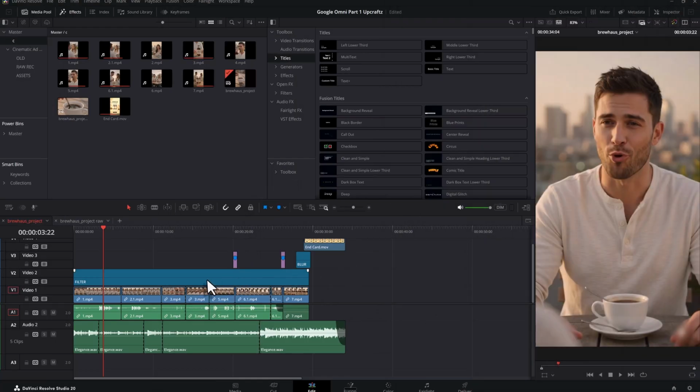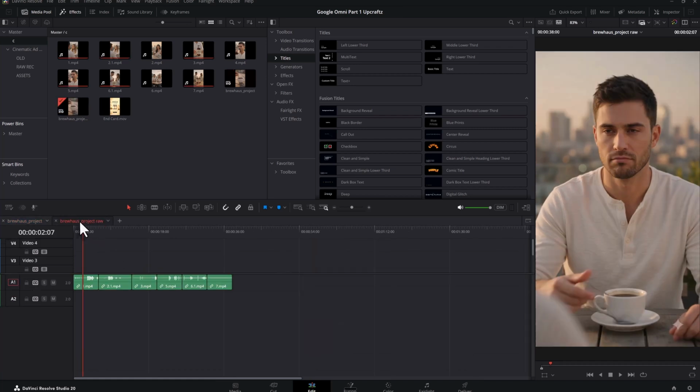Here's my timeline. But before that, let me show you the raw footage. So here, in a separate timeline, you can see all the raw clips I generated from Google Flow. And if I play it,